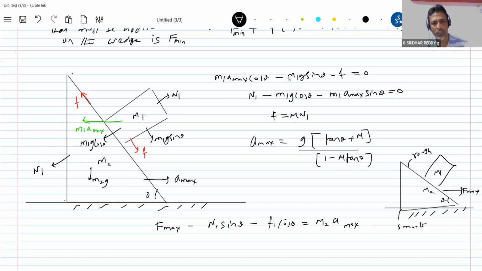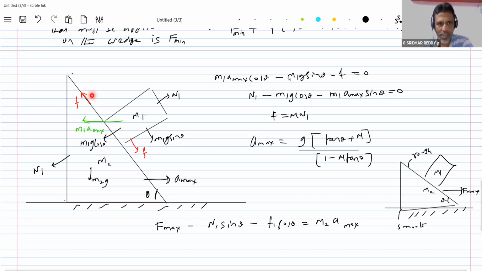Okay, this is about some pseudo force, friction, or all mixed things. So like this, you get plenty of numericals. All laws of motion go back, introduce friction, you'll get this condition. You do calculation later on. I'll proceed for the next concept. So here, don't forget to show friction on the wedge also. This was the troublesome for you. Okay, do make observation. And I'll take the next question.